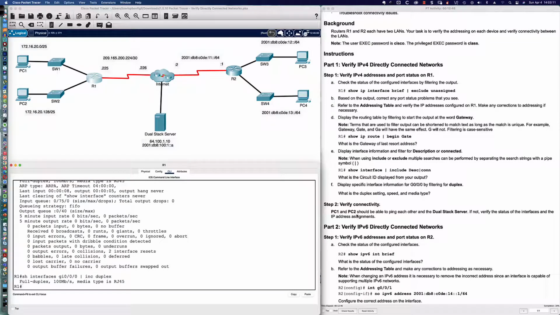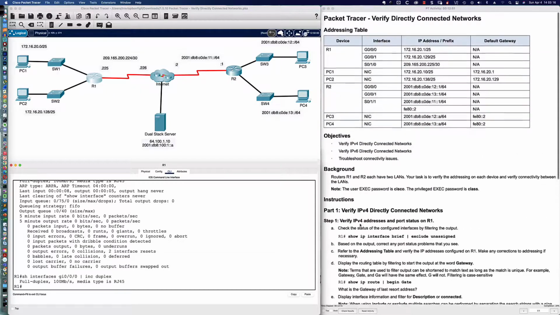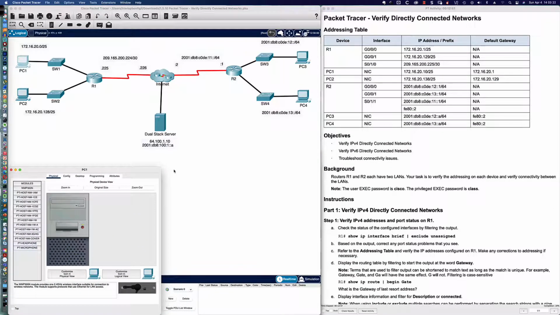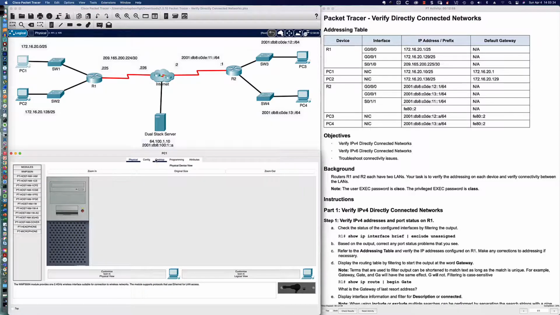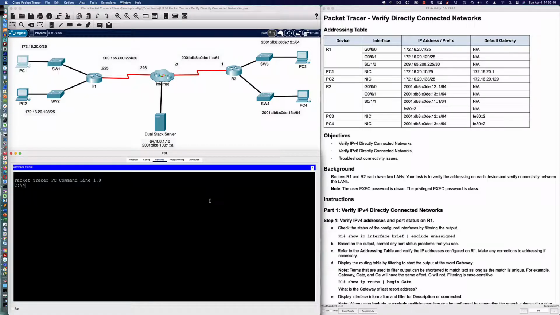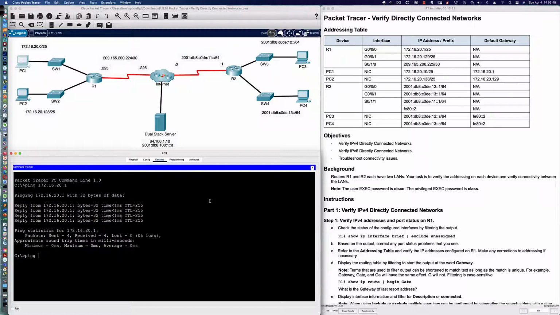So now let's verify connectivity. PC1 and PC2 should be able to ping each other and the dual stack web server out there. So let's pull PC1 down here, and let's take a quick look. From a desktop perspective, let's see if we've got everything okay here. 172.16.20.10 on PC1, that is correct. The subnet mask is correct, and the gateway is correct. And so if that's all correct, I should be able to come here and let's ping our default gateway first,